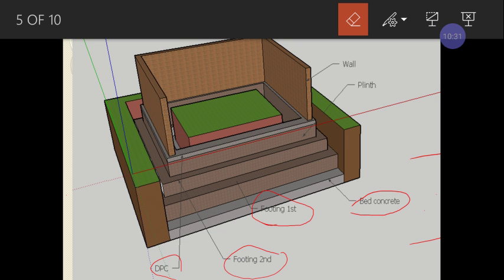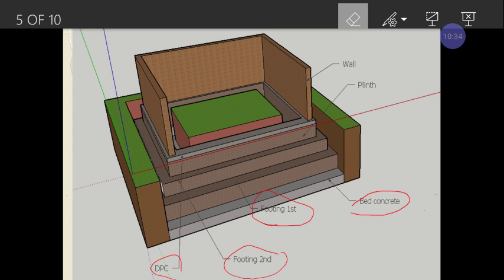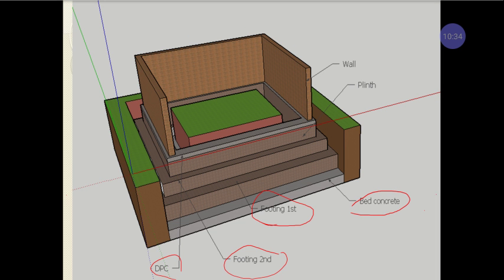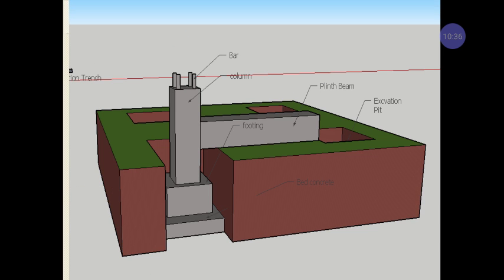Above this there will be a plinth, which will be above the ground. Why is this plinth provided? Plinth is provided to restrict the water entering from the ground level into the house or the building. Above this plinth, a damp proof course will be provided, of cement concrete of a size around 50 mm to 100 mm depending upon requirements, so that it obstructs the water coming up into the walls from the foundations.